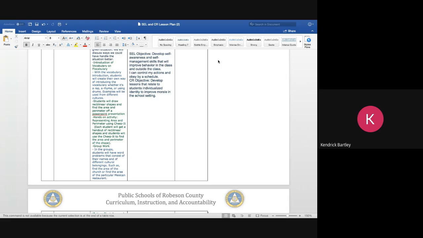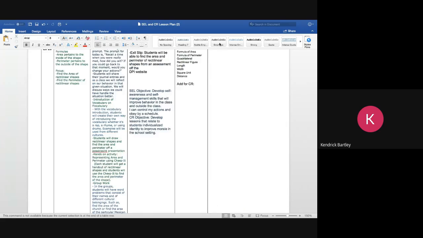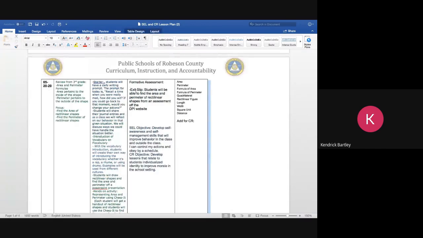So basically, you're trying to make every individual who consists of a different course in the class feel wanted, make them feel like they play a role in the class, like they're not just there. And when I come to my assessment part, the formative assessment is: students will be able to find the area and perimeter of rectangular shapes from an assessment off of the DPI,